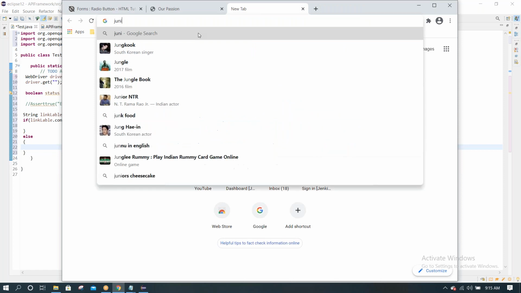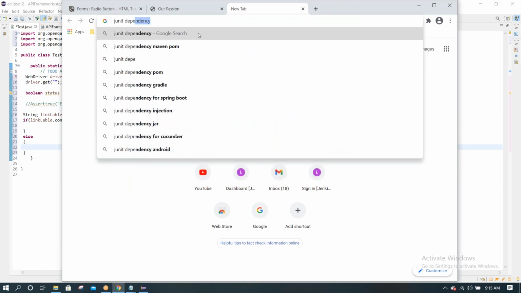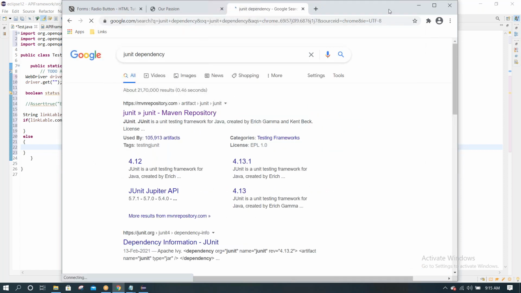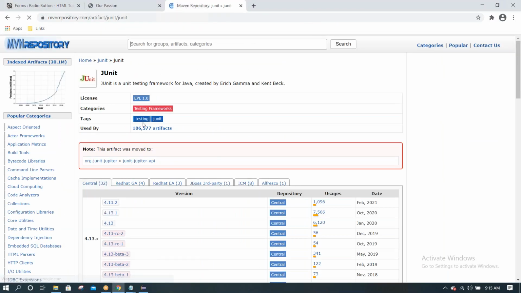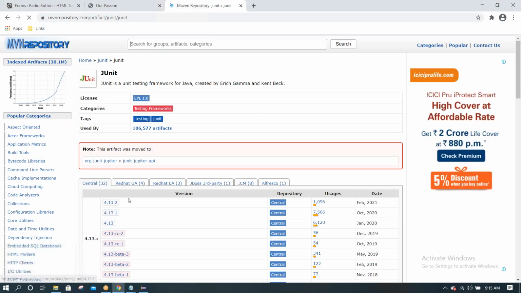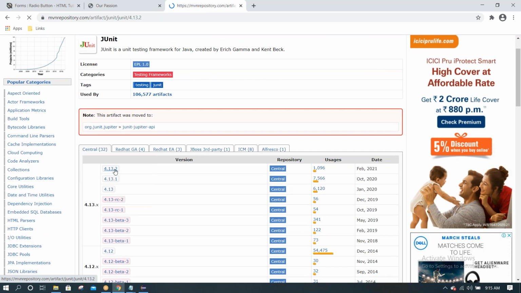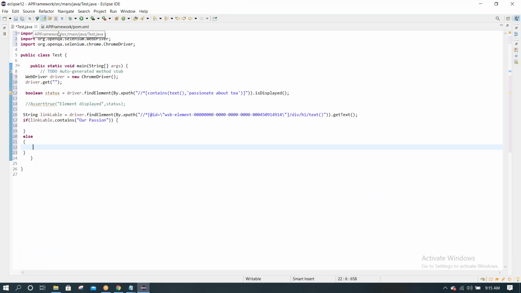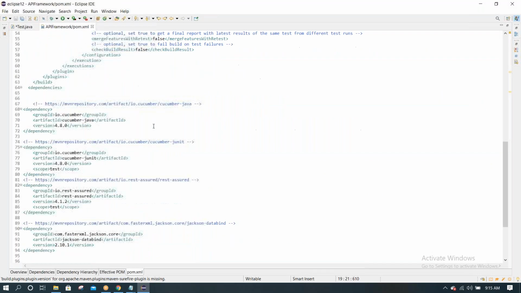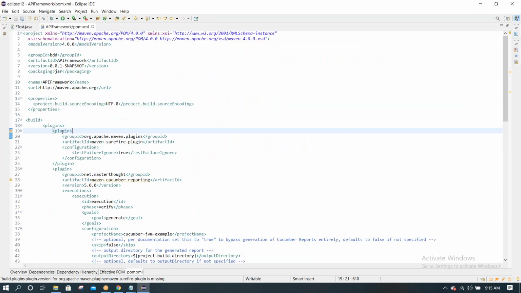You can get the JUnit dependency directly. It should be under dependencies.